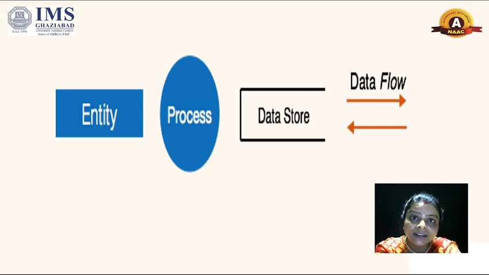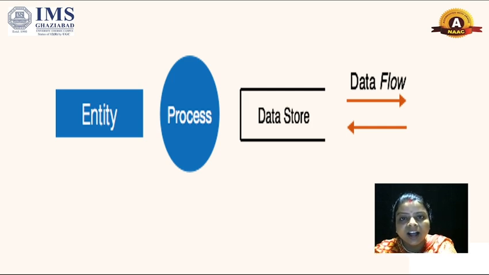Entity, what exactly is an entity? When you talk about an entity, it means like I am an entity, the system is an entity, the keyboard is an entity. So what is the relation between two entities? Basically, how is the data flowing between two entities? We represent the entity with a rectangle. The process is represented by an oval shape, and the data store you may represent either by just drawing two lines and giving the data store label. Data flow could be bidirectional or one directional, and that is known as the flow of data.